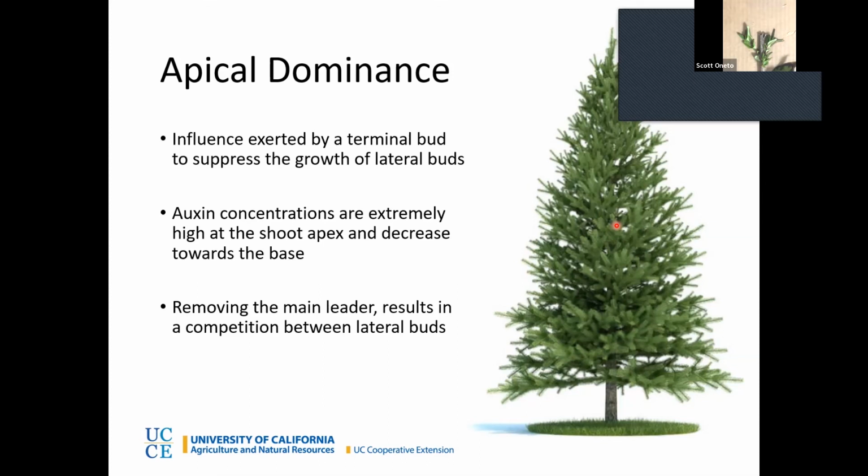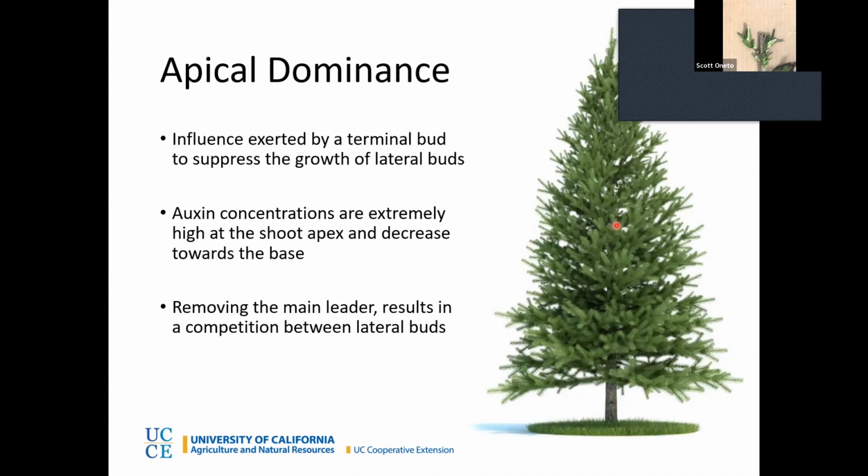So the other time we see this often important is with plants where we want to make them bushy. So if you have a plant like a coleus or other plants where they get a little leggy, you can go in and you can tip them. So you tip by taking off the tips of all of the terminal branches. And then of course it allows those branches or the buds further down on those branches to begin to grow